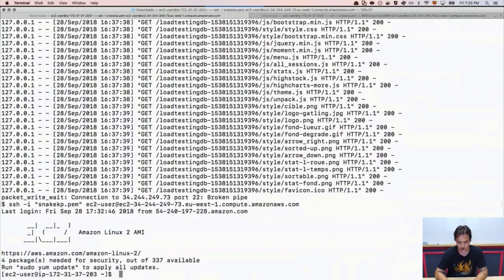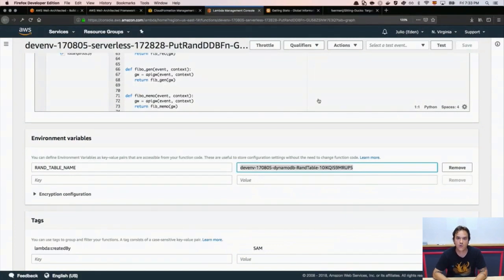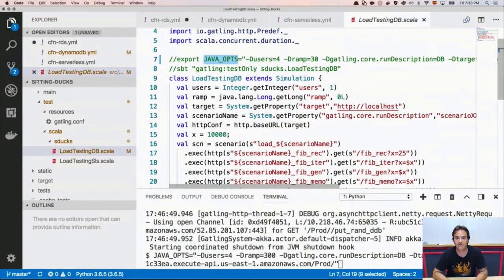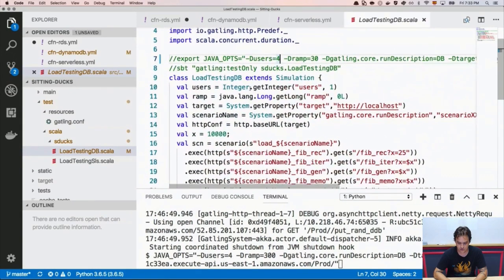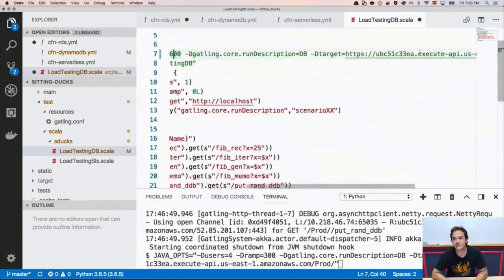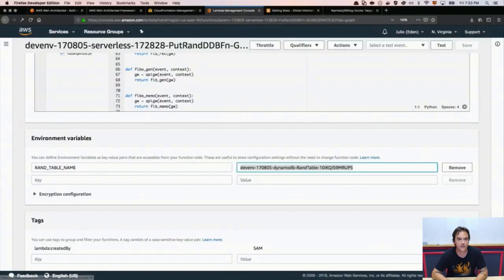And going to our application there, here's how we pass parameters. So I will copy this line, this Java opts. I'm passing how many users I want. 4 is probably a bit too little. Let's do like 10 and ramp up for 5 minutes and see what happens, or 10 minutes and see what happens. And the run description is just DB, and let's double check the endpoint that we got from CloudFormation